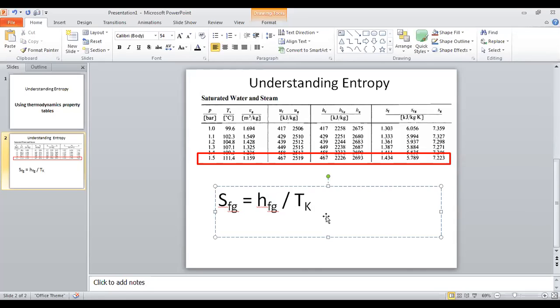Example, if you calculate here, this is same as